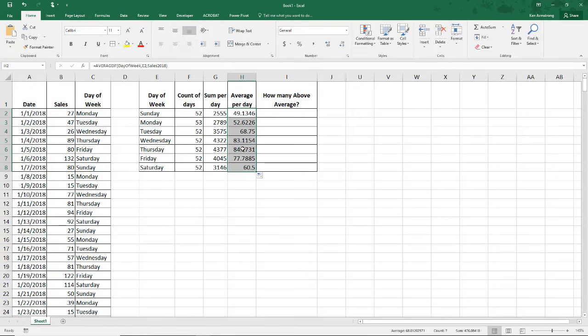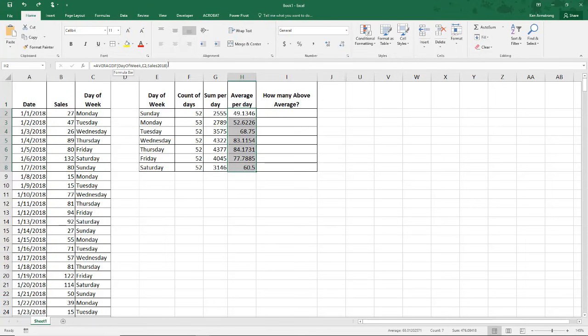So which is my busiest day of the week? Looks like Thursday, and then Wednesday, Friday, etc. Now here, see how those numbers all have different levels of decimal points after it? That looks a little confusing. So if I just want it to the nearest tenth, I could come up here and hit this key, and that will change the formatting of those items to the nearest decimal place. But it doesn't change the actual underlying number, which we learned before. So I'm going to undo that, Control Z, Control Z, Control Z.